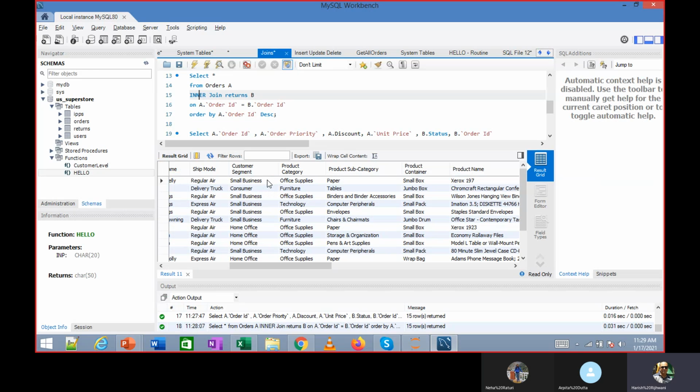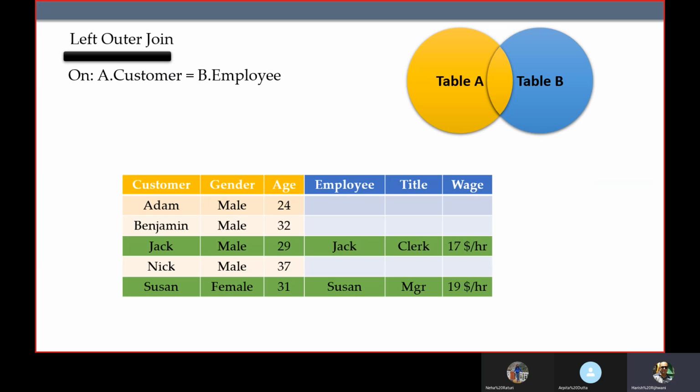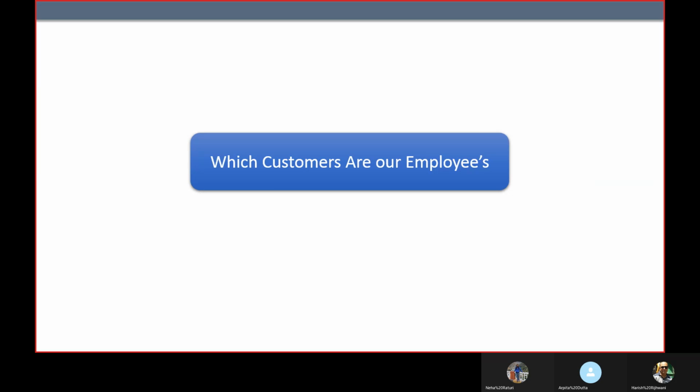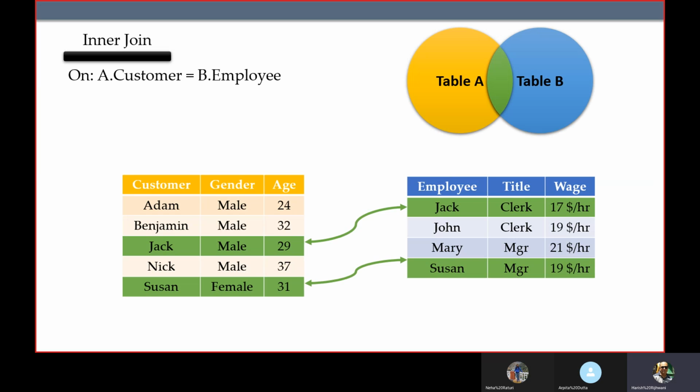So inner join, you're going to get only rows which are common to both of them. Here we had seen the output of the inner join is only going to be these rows which are matching to each other.